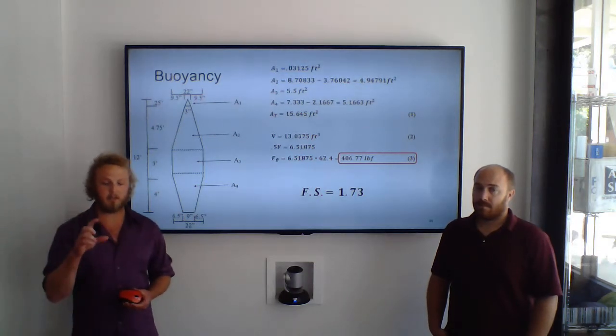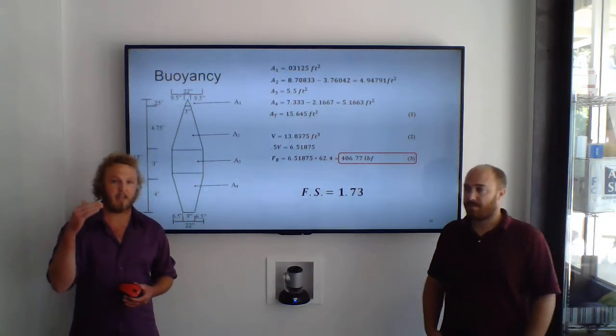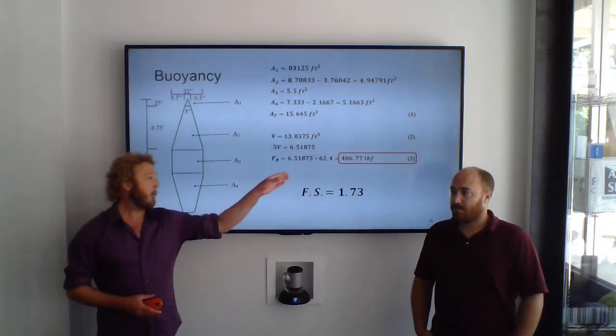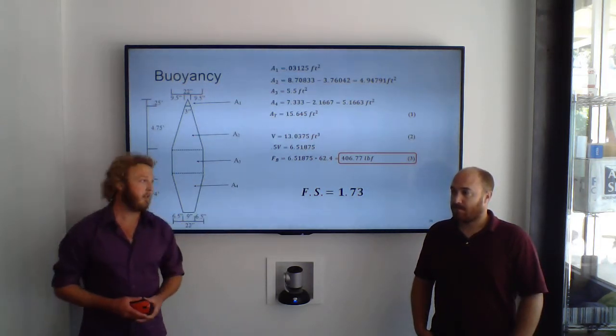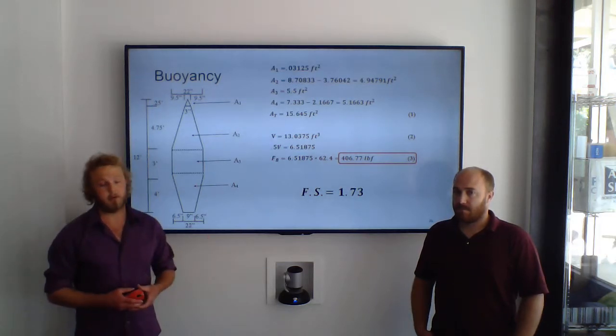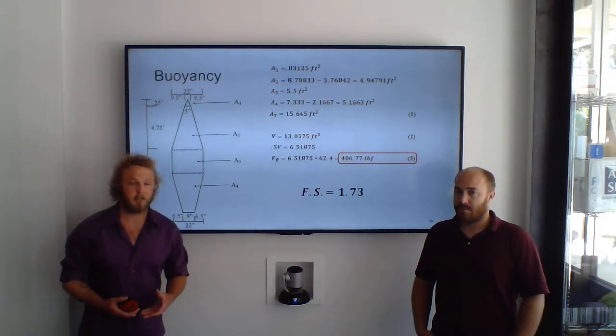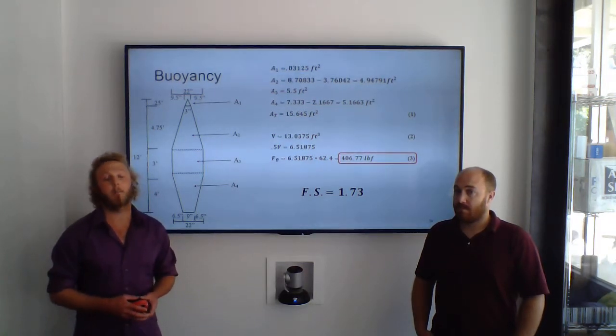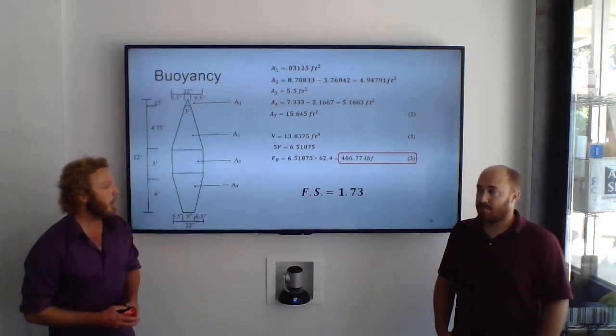Worst case scenario, we want at least 5% of the side of our kayak staying above the water level. So with that, we multiplied that amount of volume, the submerged portion, by the density of water, and found the buoyancy force to be 406. And since in our constraints we set forth a max rider of 220 pounds,